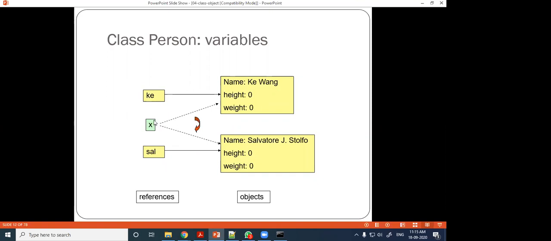So when we access through X, it accesses whichever object it is referring to. That's why we say these are the reference names and these are the actual data. Each data is called one object. So in this scenario, there are two objects but three references of person class, where X is first referred to this memory location, and after some time X is referred to this memory location.